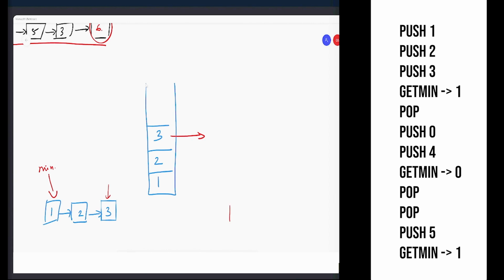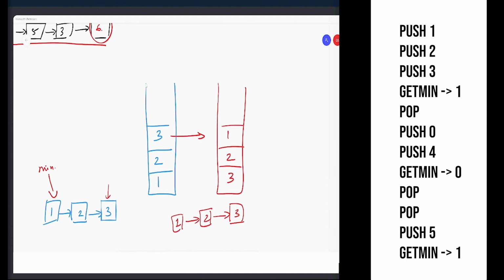What if we had something like 3 came in first. So let's say 3 comes here, then 2 comes here, then 1 comes here. So you are inserting something in the list and reversing it every time. The problem with my earlier approach is that the minimum is pointing to 1, and every time I was making 2 point to 3.